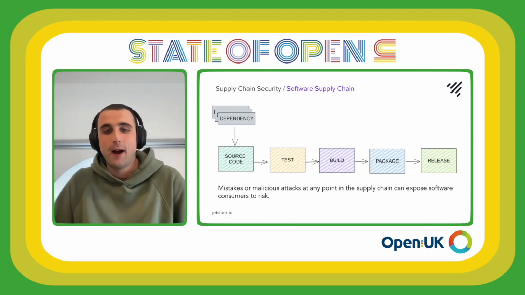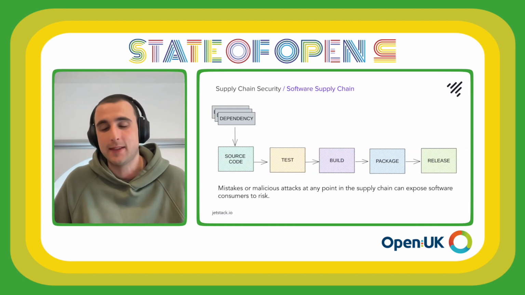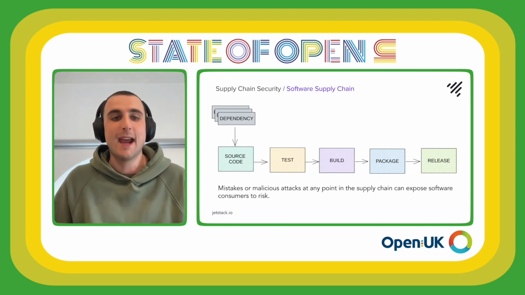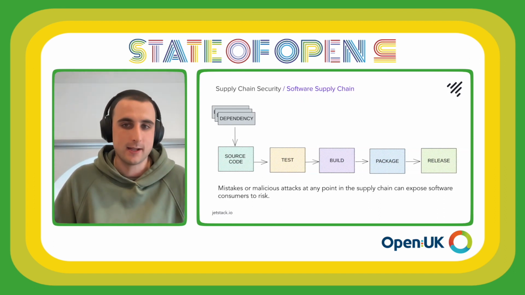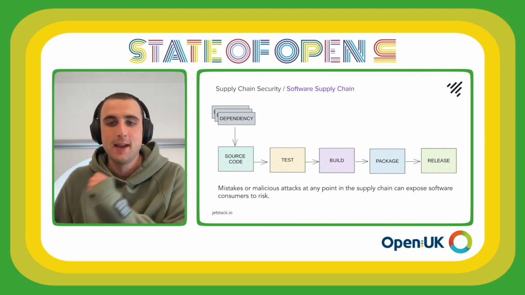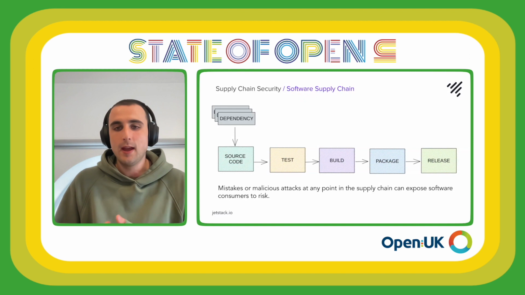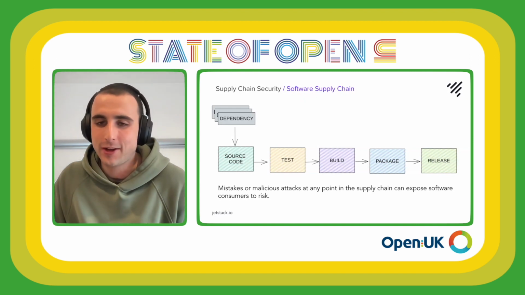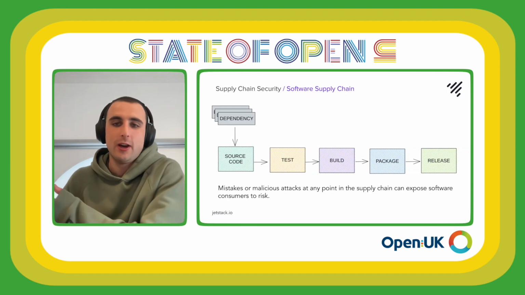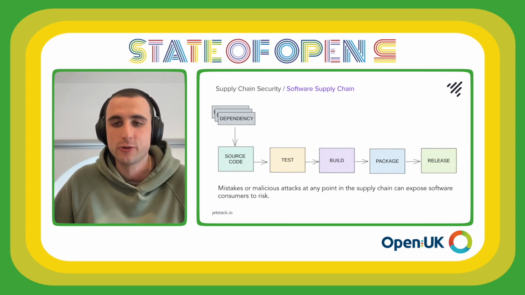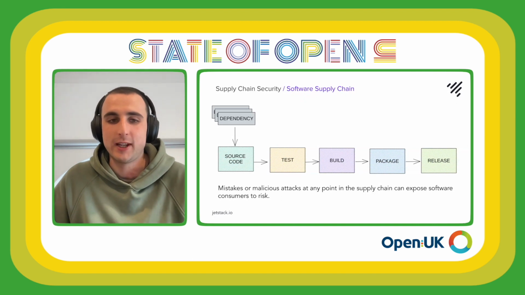But even if I don't want to use a package manager in that way, I could want to put my binary inside of a container image. Maybe I want to run it on Kubernetes or with Docker. If I want to do that, then I need to put my binary inside of a container image. After I've chosen my method of packaging up the software, that's when I push it off to its final destination, which is the repository or the storage location where it's going to be released to the world.